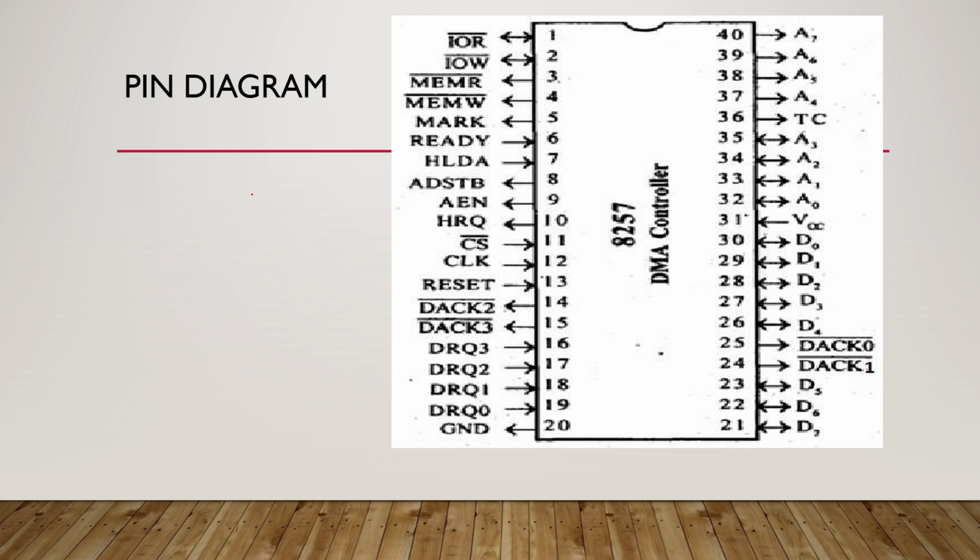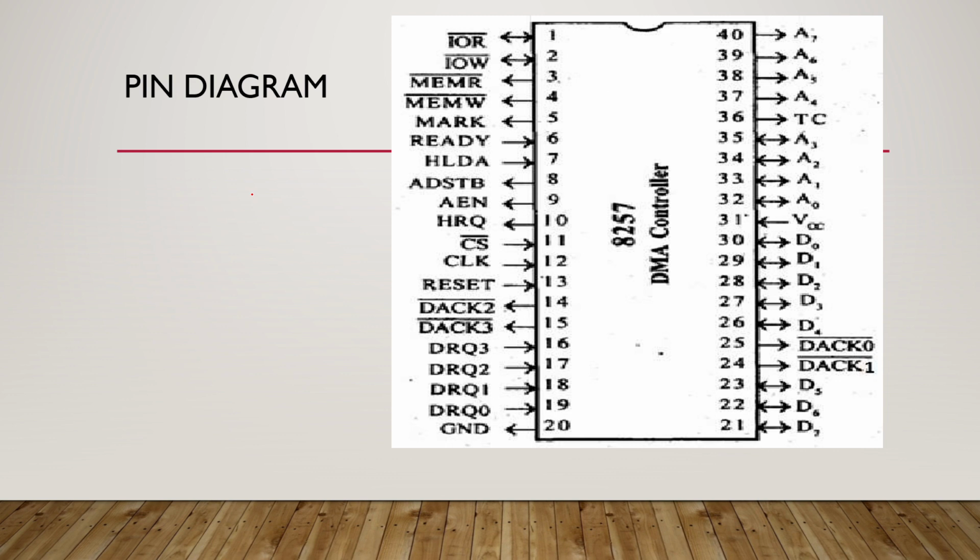So pin number 1 IO read, pin number 2 IO write, pin number 3 memory read, pin number 4 memory write, then pin number 5 mark, pin number 6 ready, pin number 7 hold acknowledge, pin number 8 address strobe, pin number 9 address enable, pin number 10 hold request, then pin number 11 chip select, pin number 12 clock, pin number 13 reset, then pin number 14 and 15 DMA acknowledgement, 16 to 19 DMA request signal,